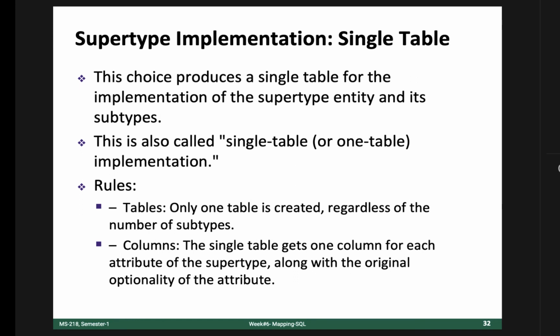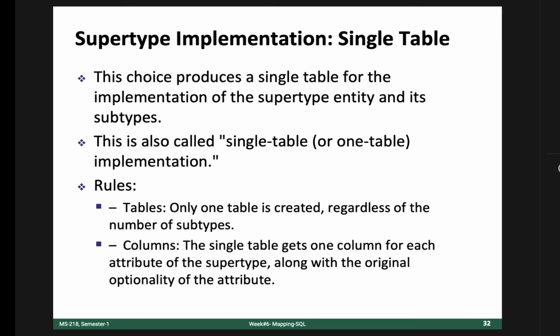we have the supertype payment, in which we have cash and credit card information, two subtypes. For credit card information we require bank details, account number, or even the credit card number and its validity date or its PIN number. But if someone is paying through cash, there will be null values for those particular attributes, right? Because no bank number is needed. So it means that we are wasting storage, we are wasting space.